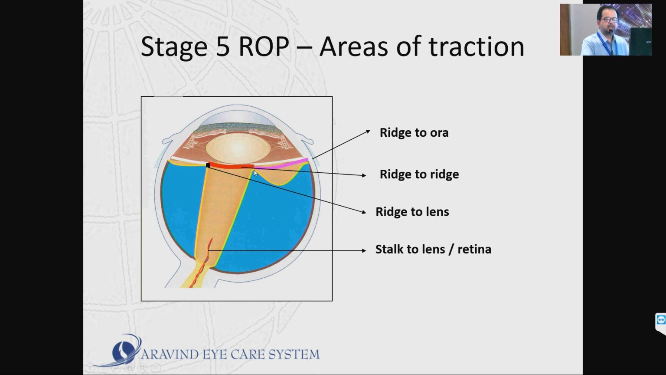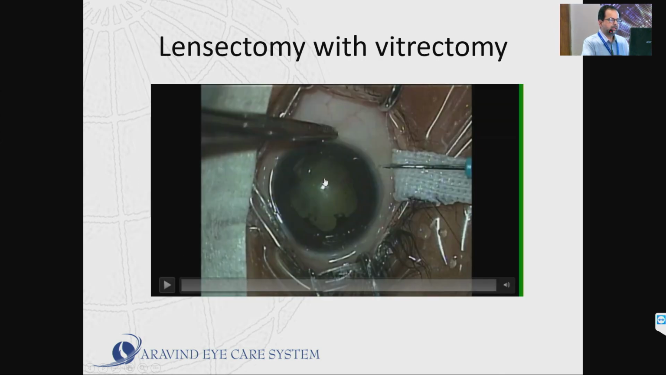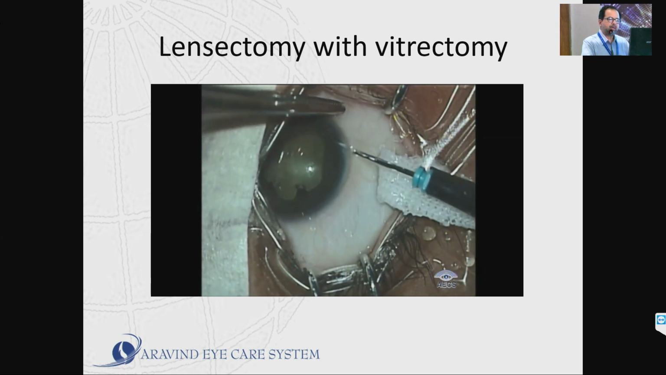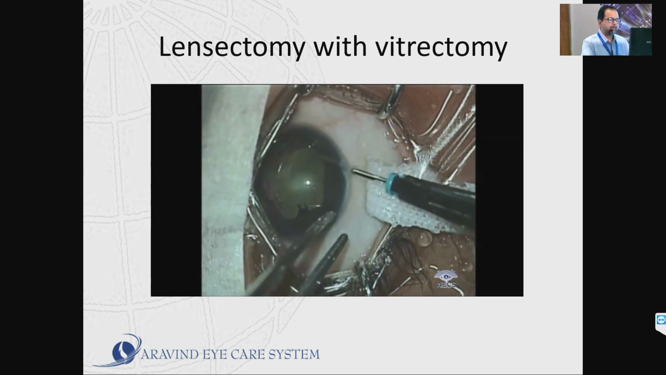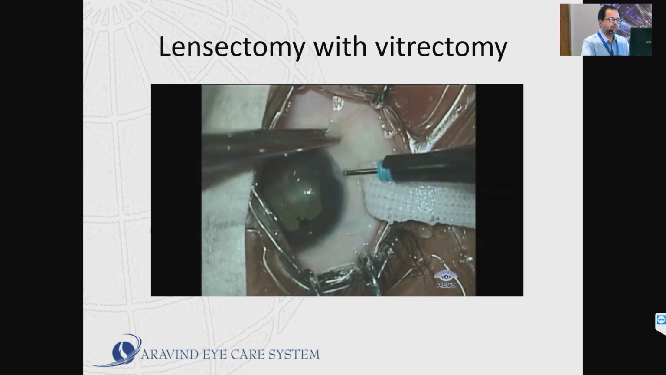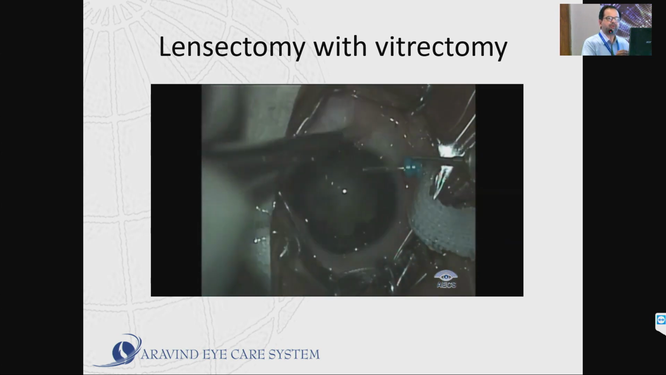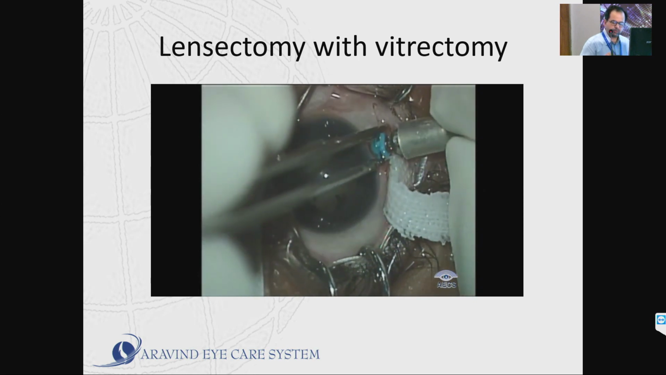What you have to do is tackle the traction bands. The only problem is it is so anterior that it is stuck to the lens, so there is not much surgical space. So you have to go and do a lensectomy. In this case you have to go as anterior as in the anterior chamber, like a paracentesis. This is a 25 gauge system where we are going straight away, because there is absolutely no surgical space. Even if you go 0.5 millimeter behind the limbus, you're going to end up